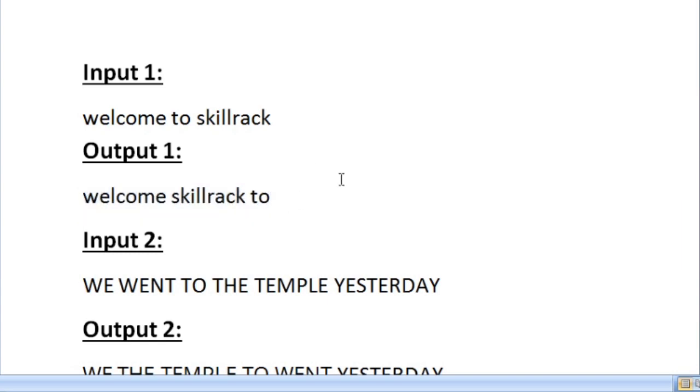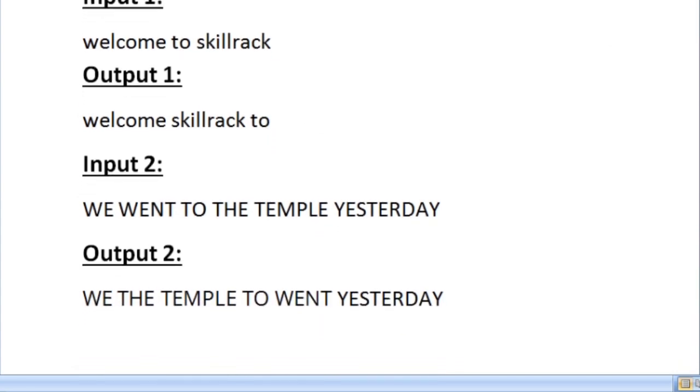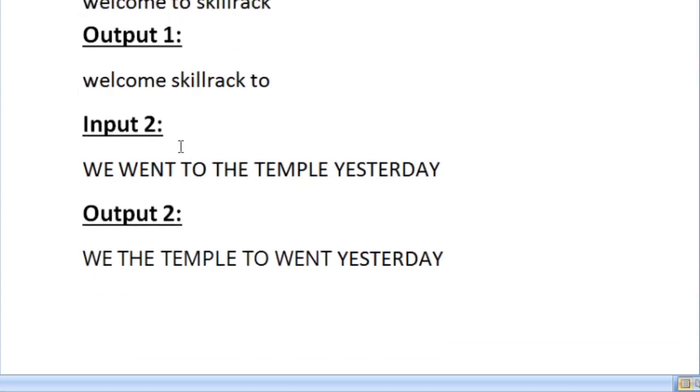We were also given in the question that if two or more words have the same last characters, then we have to sort those words based upon their order of occurrence. In our sample input 2, we can see that there are three words with the same last character: V, the, and temple. All these three words have the same last character E in them.